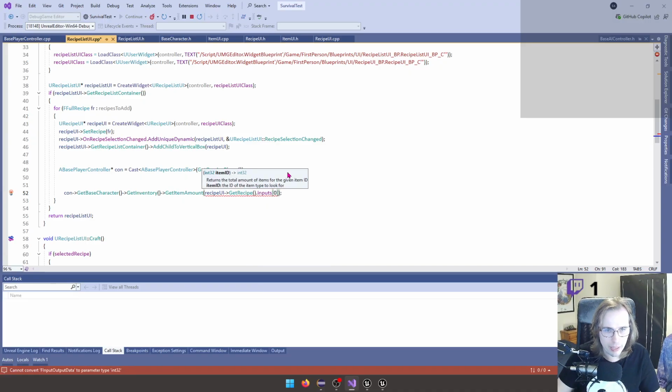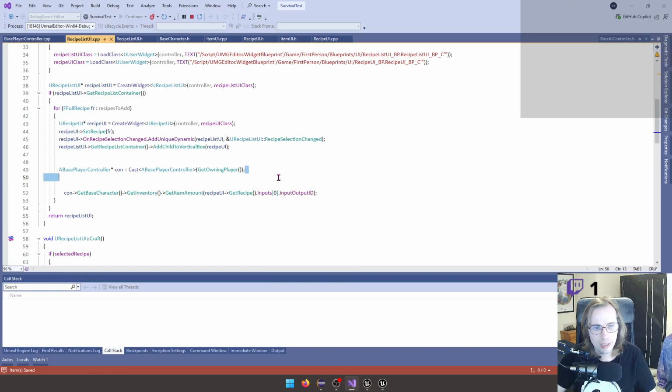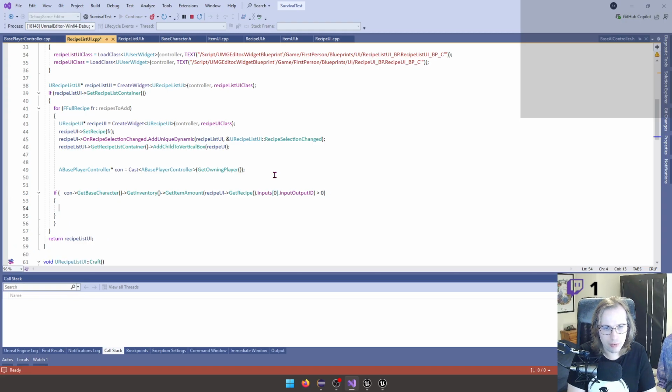You put it in 0 and then get the input or output ID. And then you could do an if that is greater than 0, then do the thing